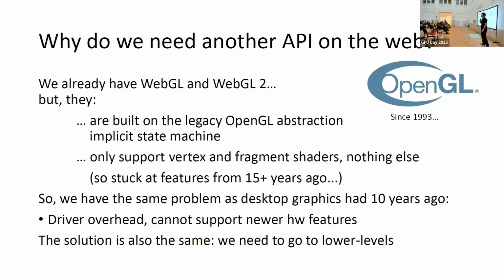Why do we need yet another API? Especially on the web. So, we are not writing assembly on the GPU. We are using some high-level languages and programming interfaces to give commands and data to the GPU. And our options are depending on what the vendors and software companies are giving to us. The problem is,